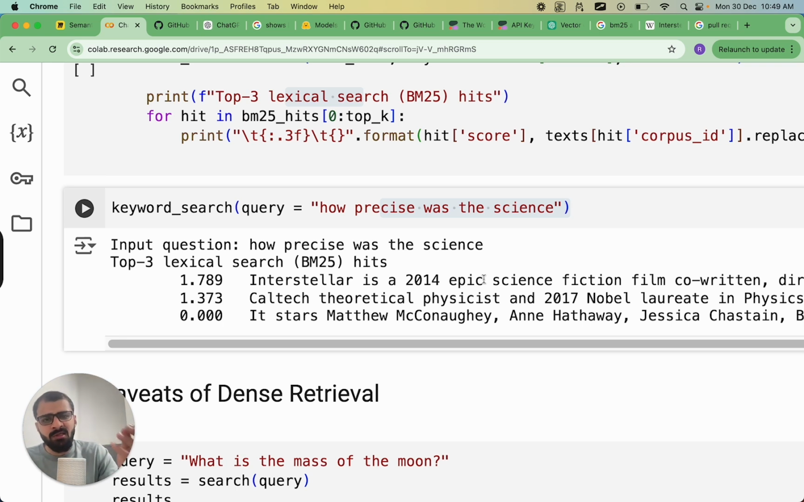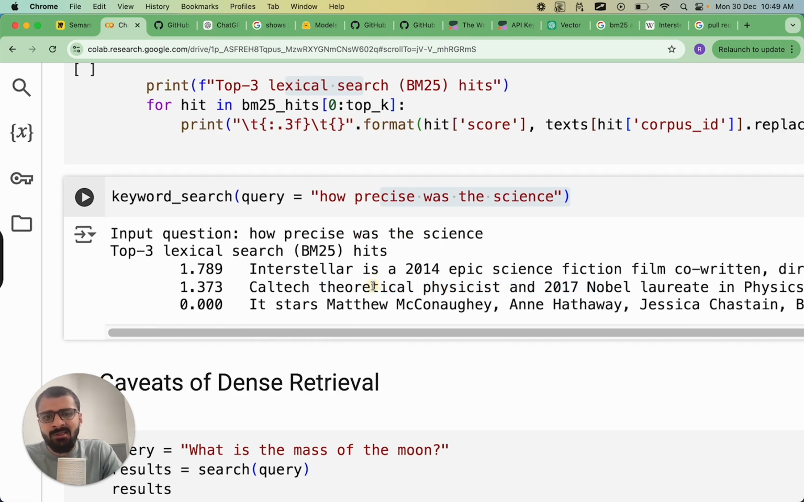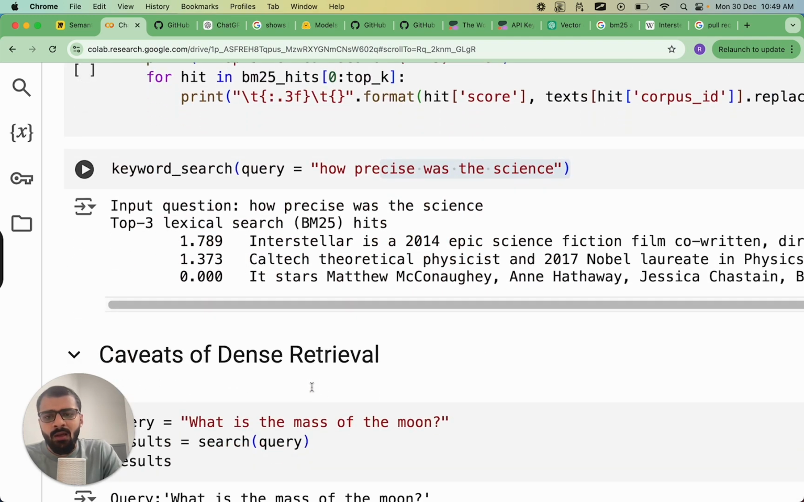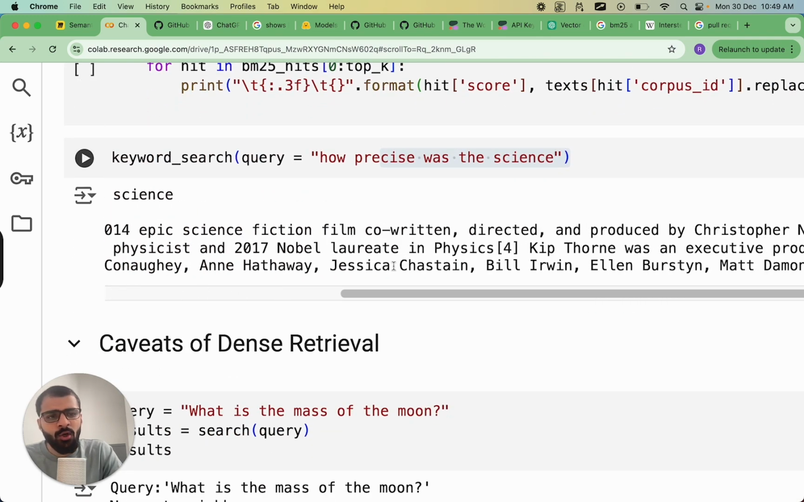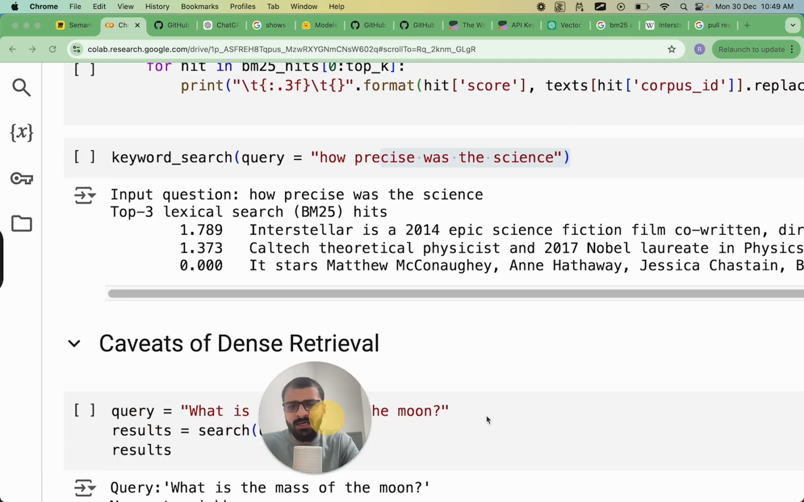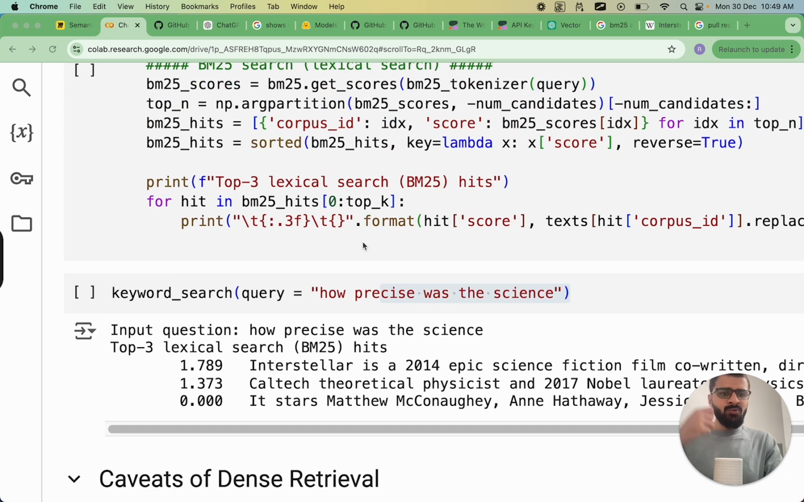What is asked is how precise is the science. There is no use matching keywords. Even actually the second one is good, because the Caltech theoretical physicist also came in over here. And the third is it stars Matthew McConaughey, etc. It's not related at all to science. So here we can see that the BM25 algorithm actually fails, and it does not do as well as semantic search. That's another takeaway from today's lecture, that dense ranking,